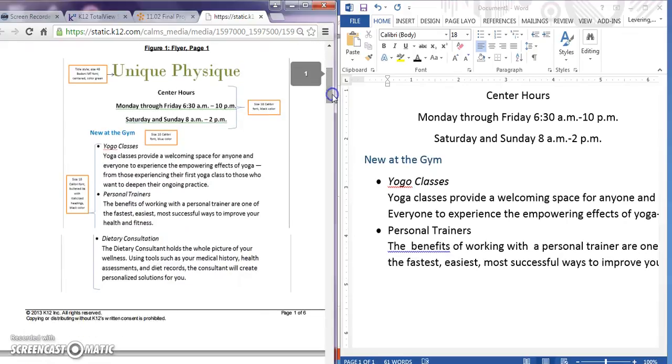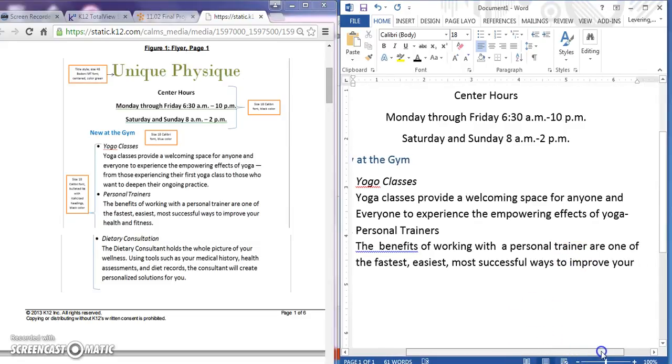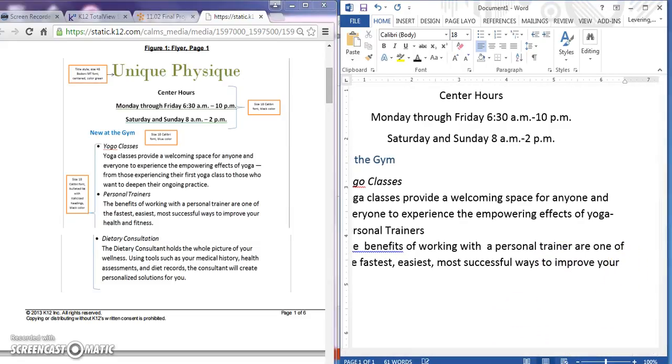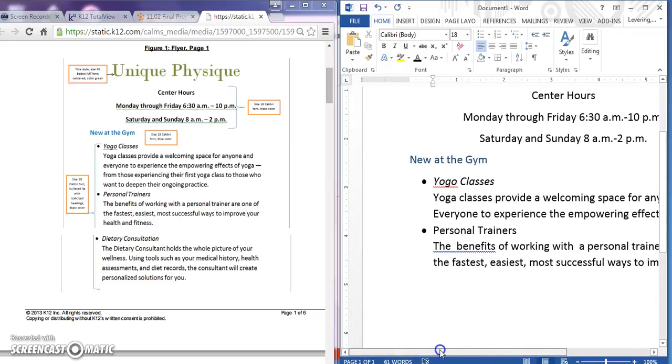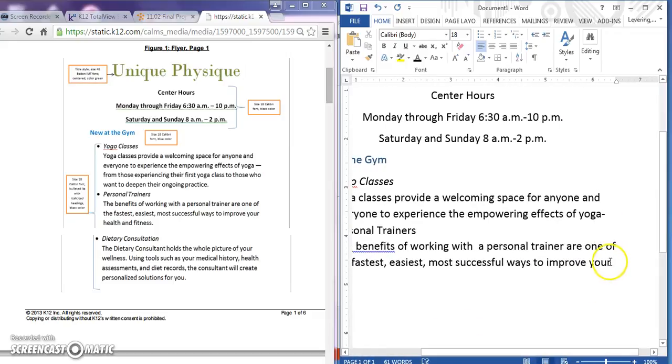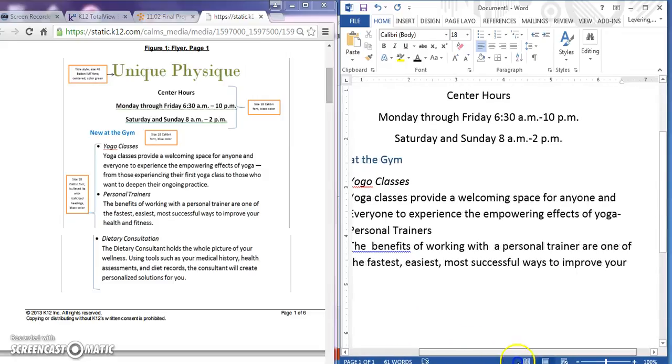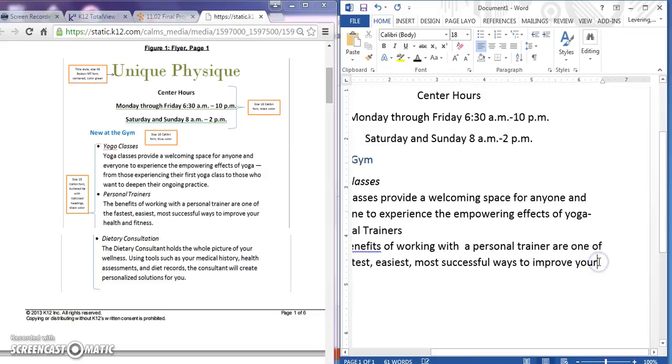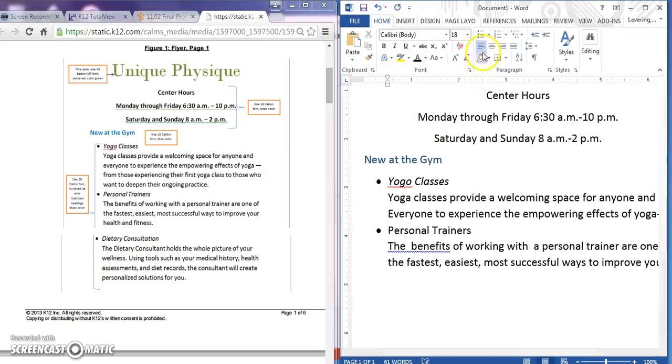Moving down in my directions, I see I have another bullet, so I'm going to go to the end of my paragraph there, and I will hit return. Why is it not returning? Return. There we go. Again, I need another bullet. So I'll choose that, and again I will type